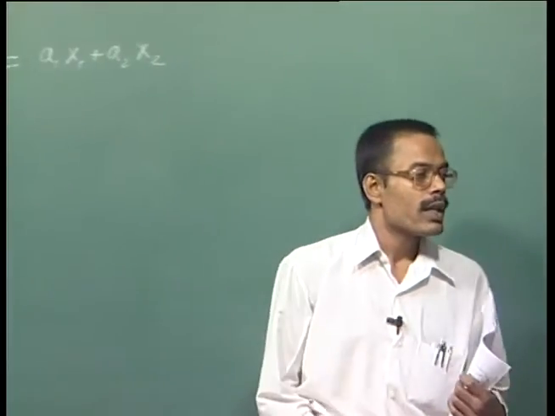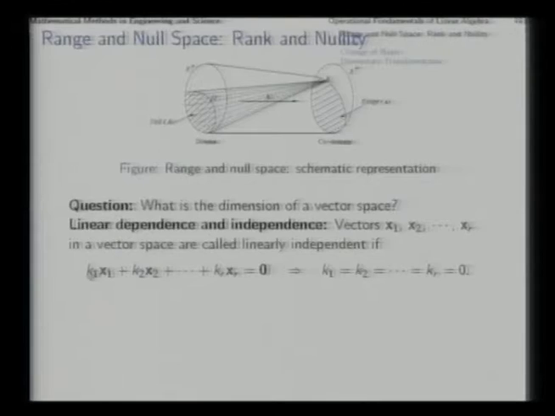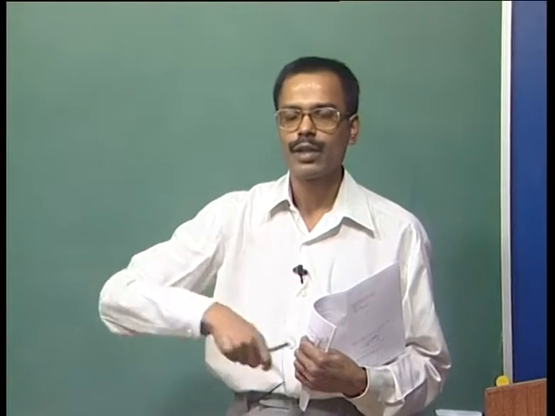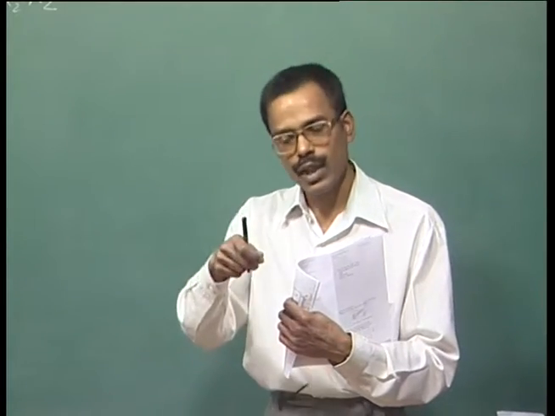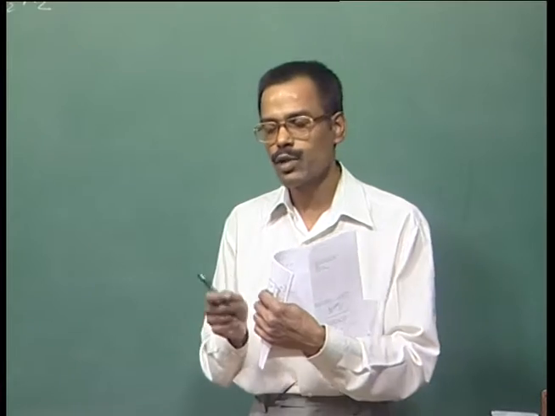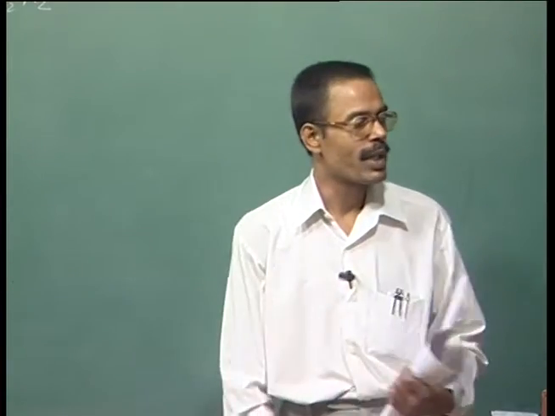Now, this statement that these vectors are independent if the whole sum equal to 0 necessarily implies this entire set of k1, k2, k3 being totally 0. That means that a movement on ground is 0, it is no movement, if its east west component is 0 as well as its north south component is 0. That shows that these are linearly independent vectors.